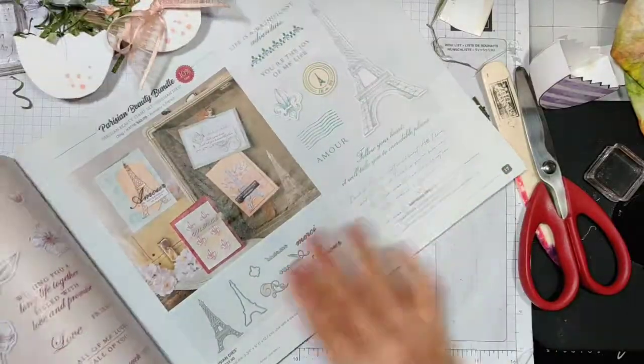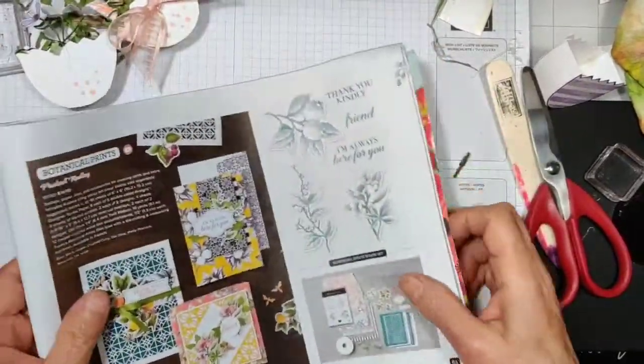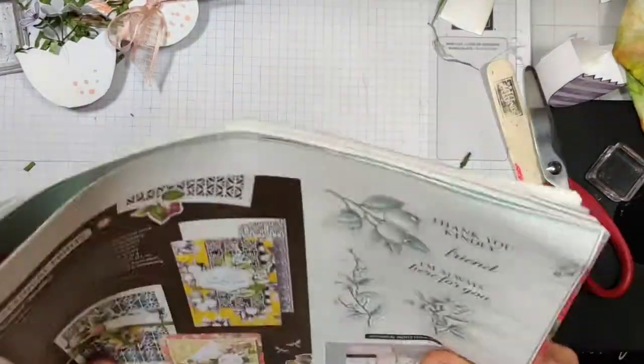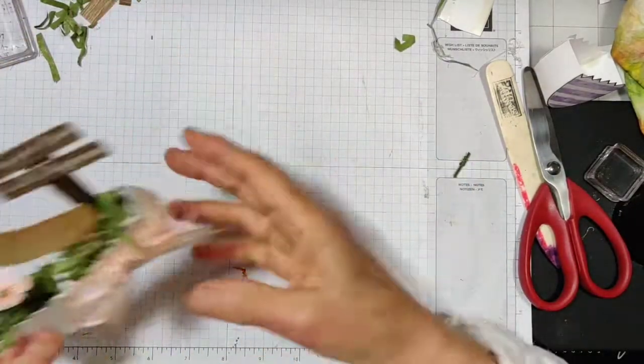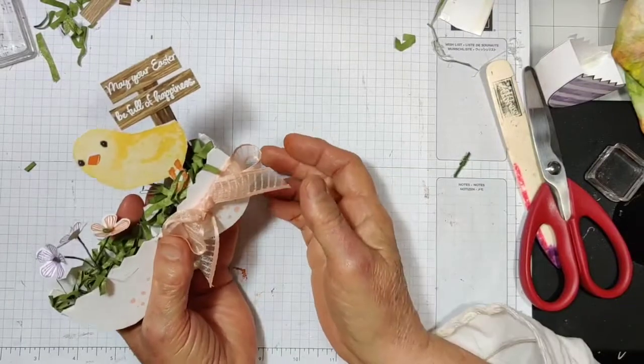So, like I said, use your catalog, and you can come up with some original work just by copying, and you can kind of get the feel of something. So go ahead and make yourself something 3D